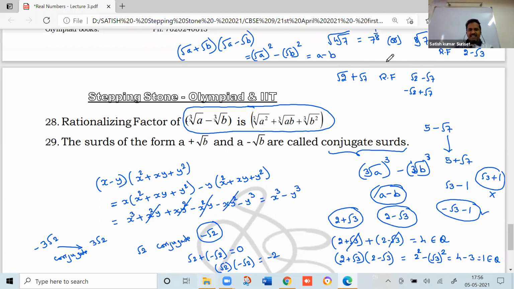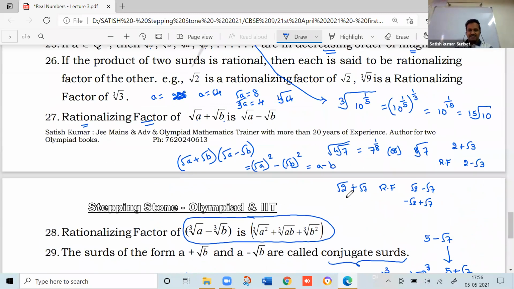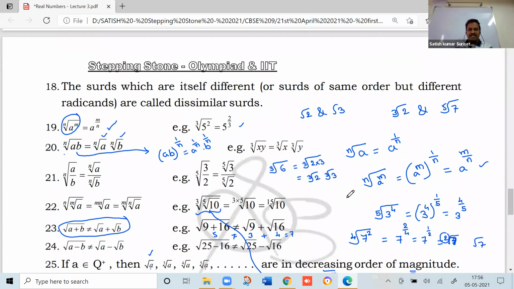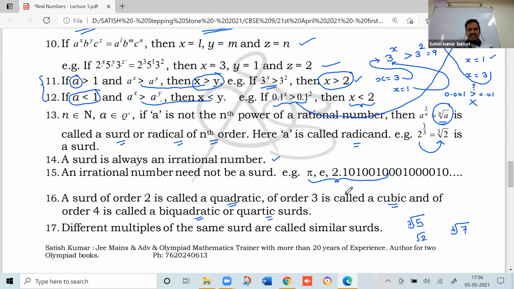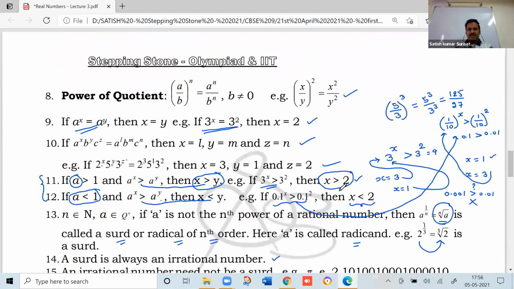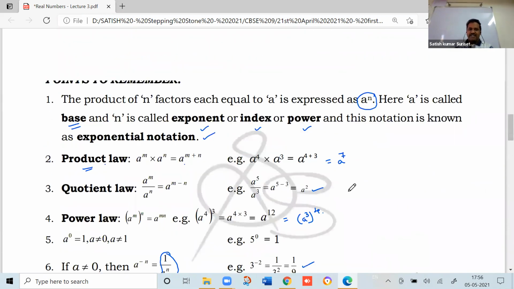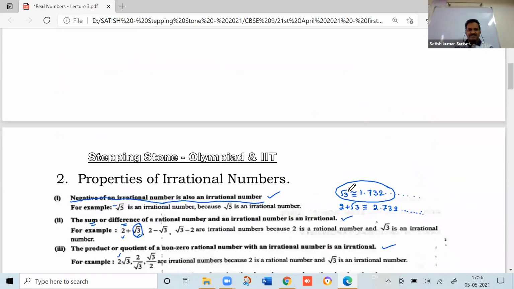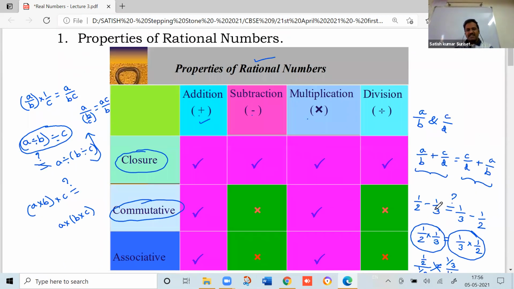By the next class, you should write all these points, whatever we have discussed, and you should learn them also, because these are all very important. If you remember all these properties, when we are discussing the problems, it will become very easy. By the next class, I will send you this entire set, so you write it entirely and practice it also. Then we can discuss the problems in the next class.